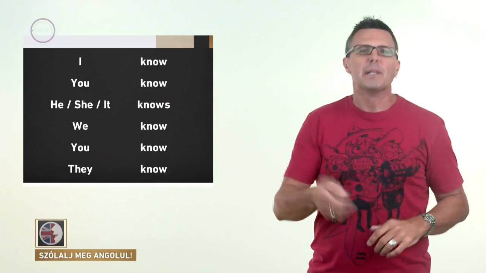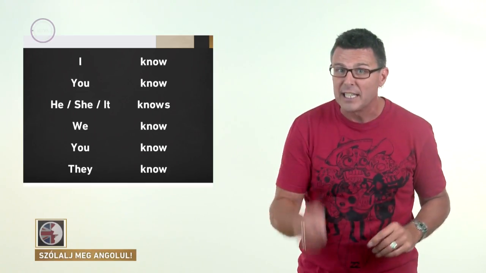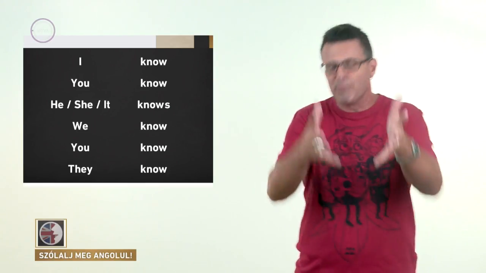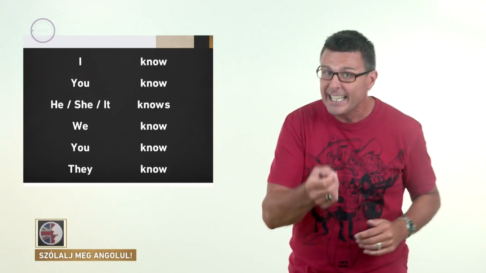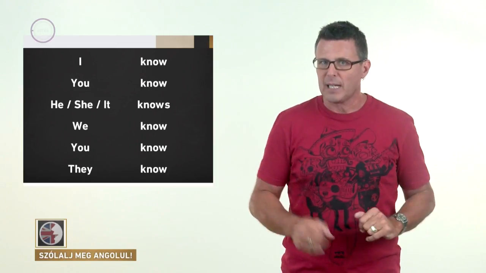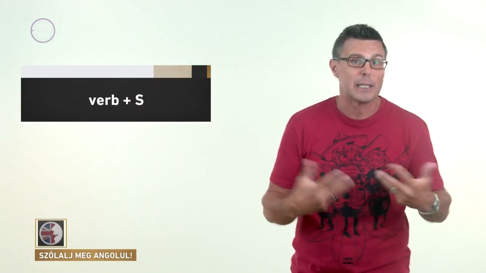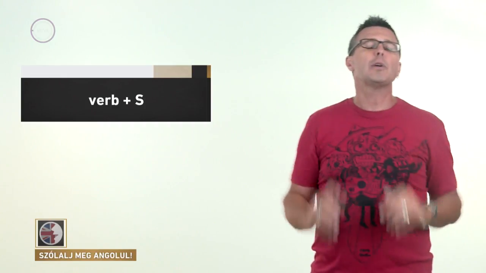When we use a verb in the present simple in English, we have to remember that the form for the third person singular, for he, she, it, and yes, Master Yoda, that's he, we have to remember to alter the verb. Most verbs, as we all remember, add an S to the infinitive in the third person singular in the present simple. And that's also the case here. So instead of know, Master Yoda, because he's decided to talk about himself in the third person singular, weirdo, but that's neither here nor there.